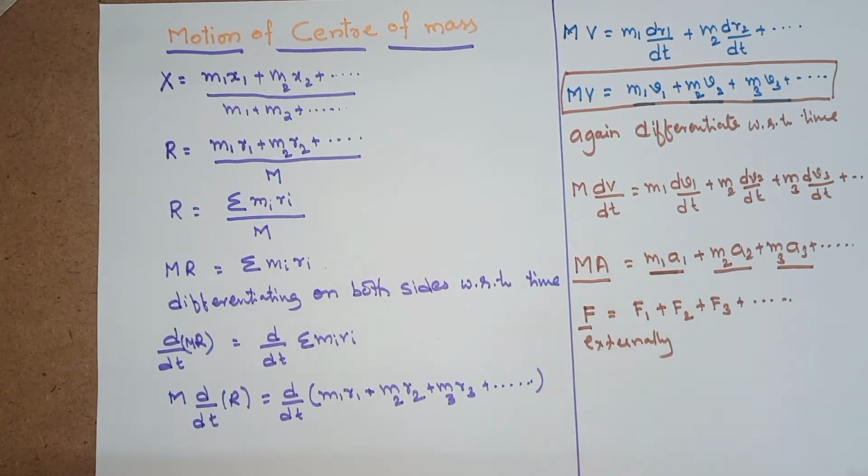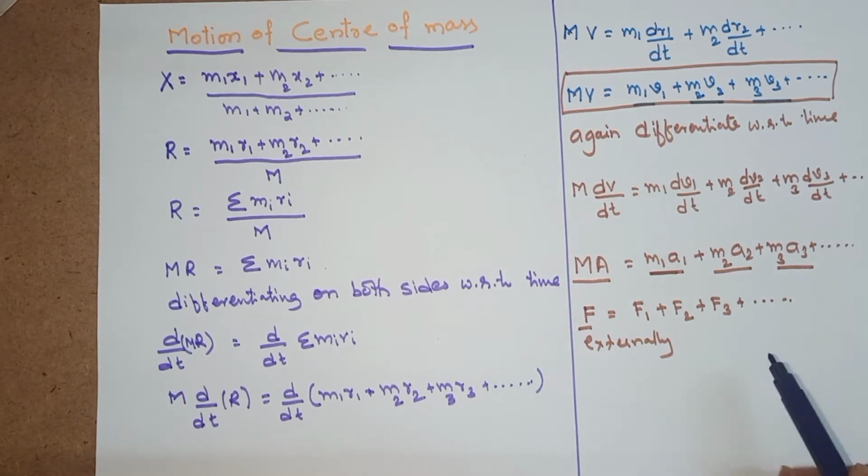Why am I calling it external? There are internal forces according to Newton's third law. In a body there are a huge number of particles. One particle may be interacting with another particle. If one particle acts with a force on the other particle, in the same way the other particle acts on the first particle in the reverse direction. For every action there is an equal reaction in the opposite direction. But the action is considered on one body and the reaction on the other body. Both action and reaction cannot act on a single body.